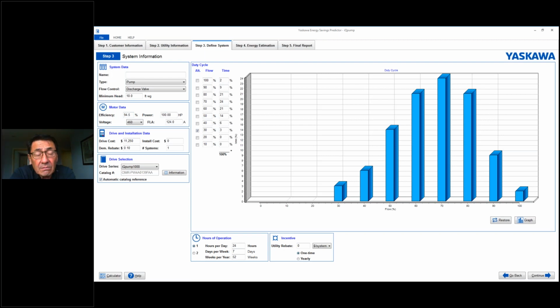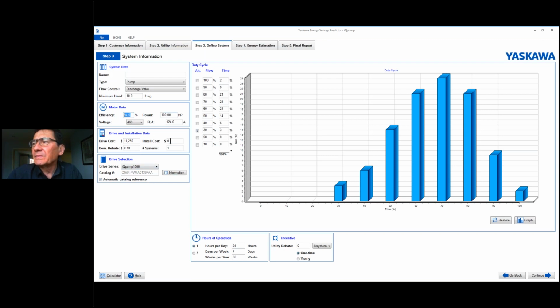Your submersible motor may not have that rating, in which case you would go here and you would enter whatever value the submersible pump manufacturer tells you is the proper efficiency. If you're within a percent or so, it really isn't going to make a big difference in the ultimate results. Here's where you put in your drive installation data,